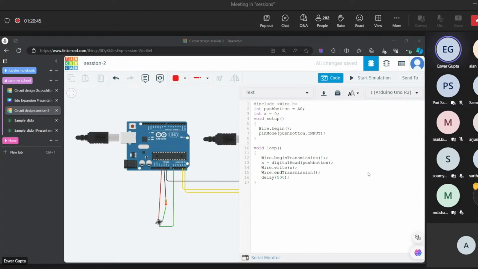What does Wire.begin do? I already told you, Wire.begin makes sure that A4 is for clock and A5 acts as the serial data line, and it makes sure that the data is transmitted. In I2C, I had said that the data must be transmitted in a specific format. First there must be a start bit, then an address bit, then some second address bit, then the data. In between there must be acknowledgements and many other things. All this format is taken care of by Wire.begin. Okay. That's it. Are there any questions? Is everyone clear with that?